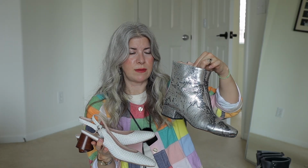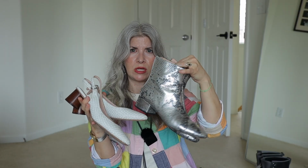And in the winter, I wear my silver boots whenever I have something to dress up for, but in the summer I reach for these. So these are really my only two dressy pairs of shoes. And now for my new favorite category,